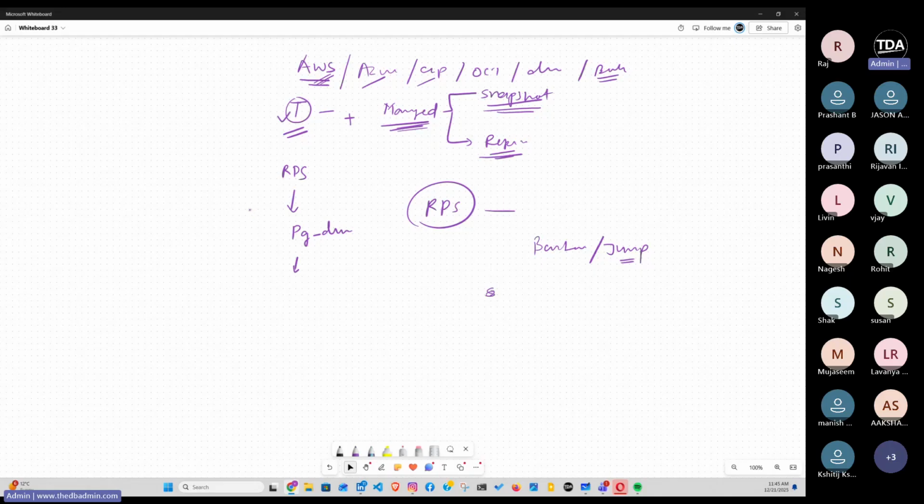Before we go to break, I want to add one more thing. Apart from these backup tools, if you are using EDB or Percona, you might see they are using some other backup tools also. So you can use those backup tools also in case your company or your system is using something like BART, all those things are also possible. So as I have mentioned, whatever traditional backups are compatible with your database, you can take it, as well as you can take the managed level backup or managed utility provided by your cloud service provider. Okay.